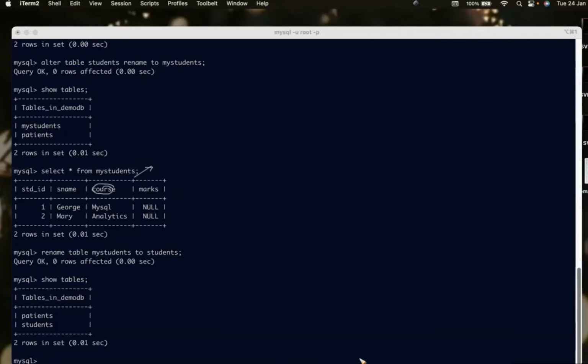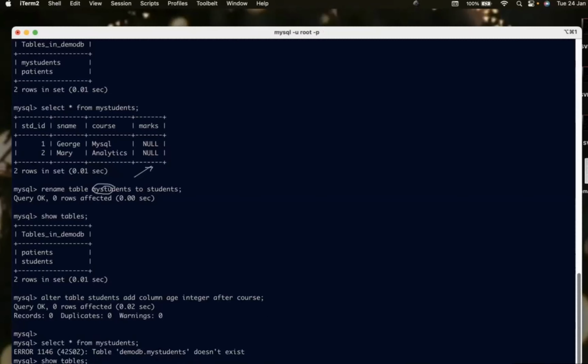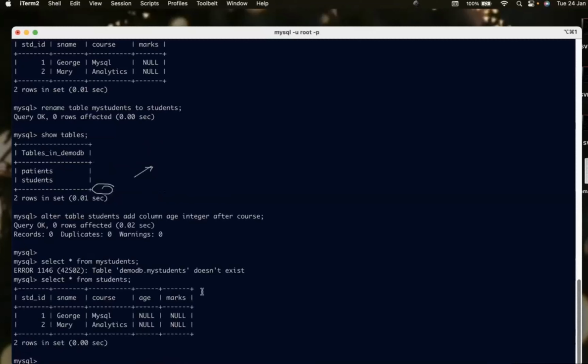So I can say alter table students, add column age integer after course. Now if you select star from my, not my students, where is it? So you can see age has been added between course and marks,